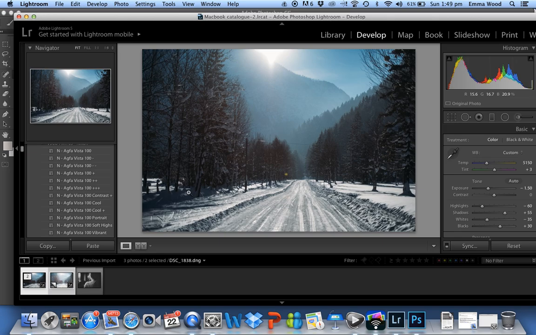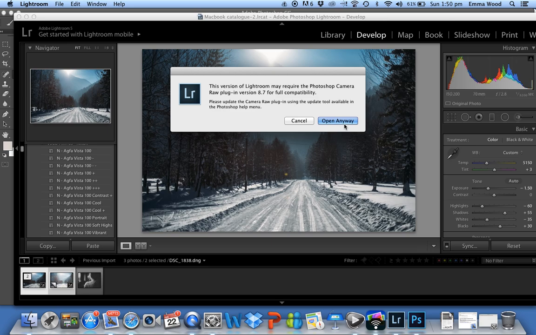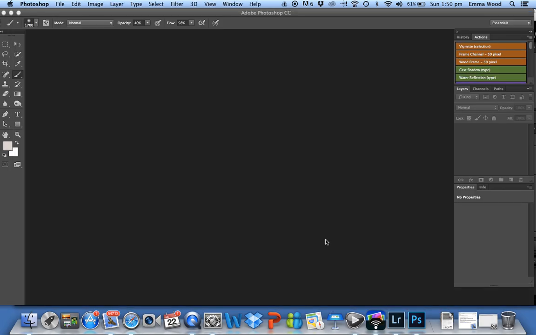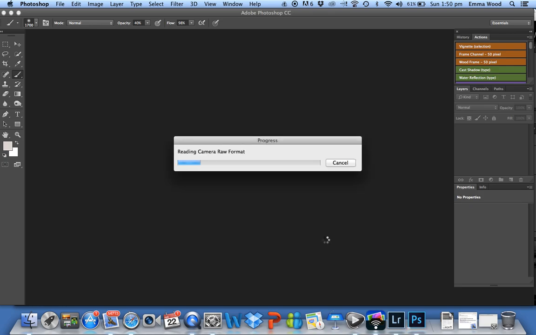It takes a bit of time to import the images into Photoshop. My computer particularly is really cluttered. I have so much going on. So it always takes, this is an update that I haven't updated, so I'm just going to open anyway. It always takes a little bit more time than it probably should. Hopefully your laptop will be absolutely clear of clutter, not like mine, and take no time at all for both images to upload. So I always have to be patient and just twiddle my thumbs